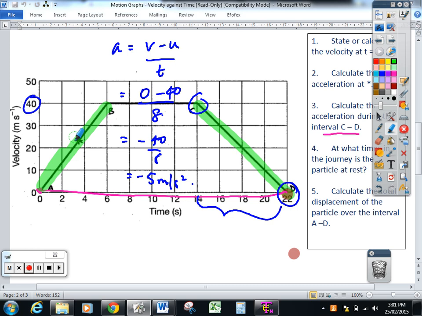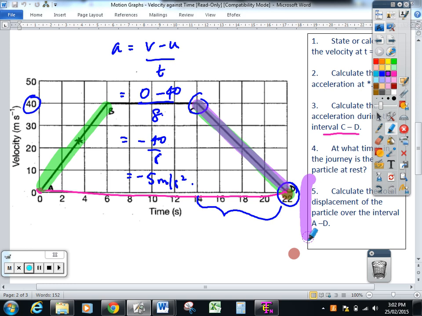This part over here, it's getting slower. So the force must be pushing against it, slowing it down. Okay? So negative acceleration means the force is in the negative direction. Positive acceleration just means the force is in the positive direction. It's that simple. Okay? Right, the last thing we need to do is skip down to number 5 here,